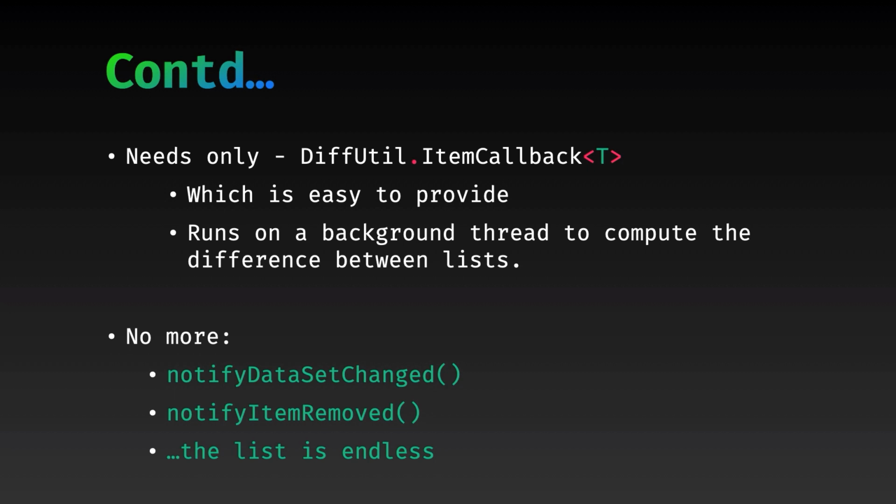And why do we need list adapter when we already had recycler adapter? It is basically because this notify dataset change is expensive, because it creates your list completely again. Whereas in list adapter, whenever you submit your new list, it only calculates the difference between two lists, and in the background it uses these methods, that is the notify item removed, notify item added, and so on, to change only the particular row inside your recycler view.